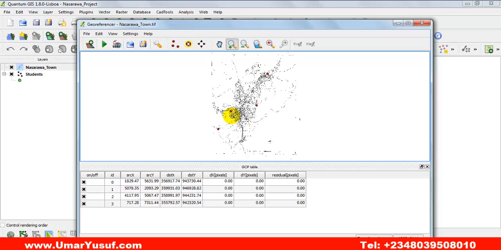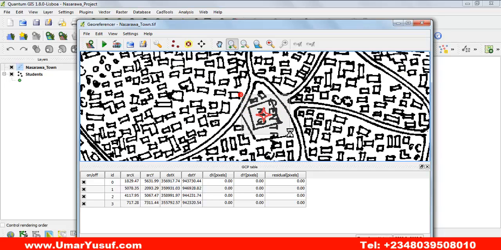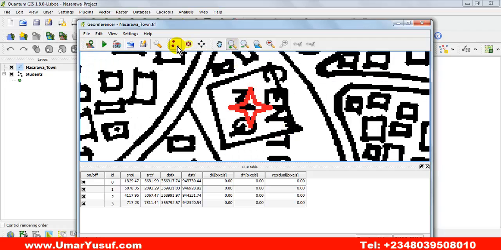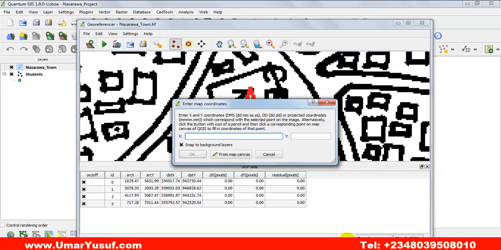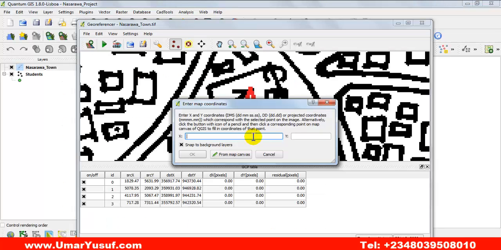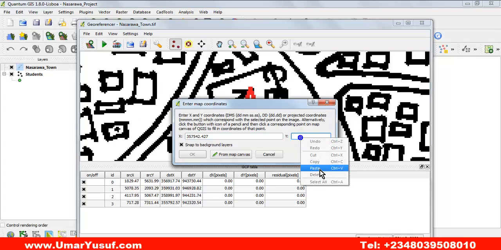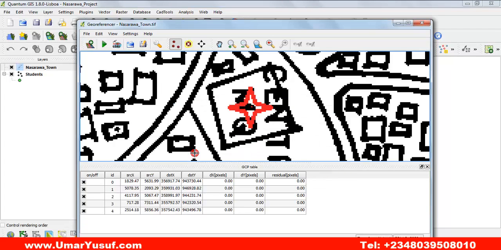That is E and F. Control point E is somewhere here. Here we go. Pick add control point, add point, click at the center, then go and grab the coordinates of the control point. X for easting, and then northing is for Y. Click on OK.